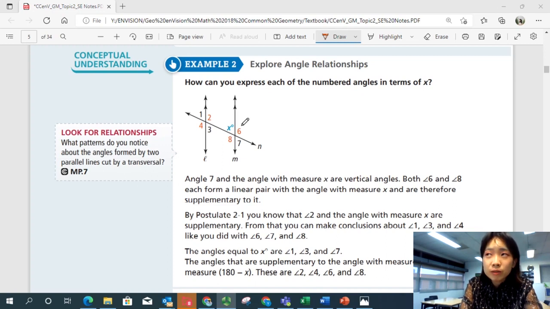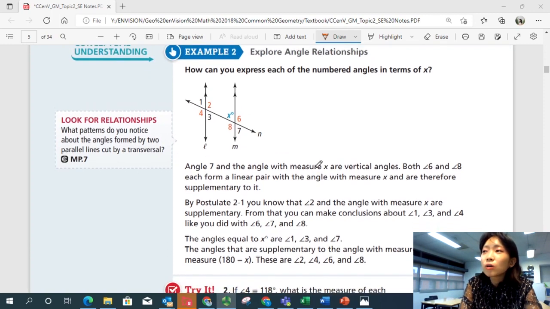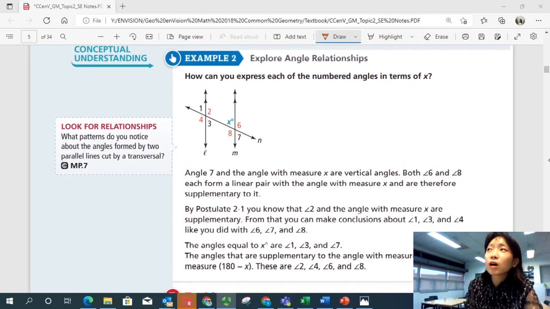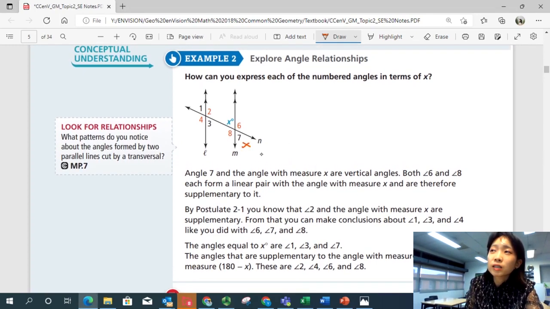Angle 6 would have the same measurement as 8, right? But you know that same side interior angles are supplementary. So x plus 8 is 180, right? So 180 minus x could be your angle 8. And so the expression that you can write for 7 would be x. 8 would be 180 minus x, and then 6 could be 180 minus x as well,